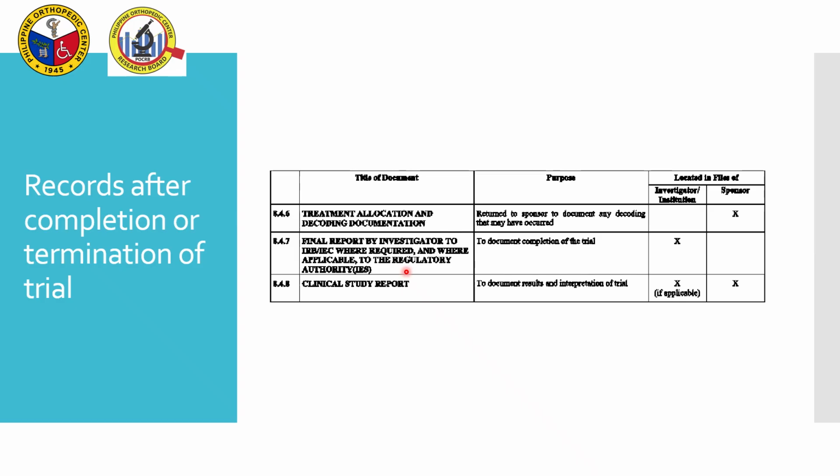The purpose of this is straightforward: to officially document the completion of the trial at the site level. This record must be maintained within the files of the investigator or the institution.